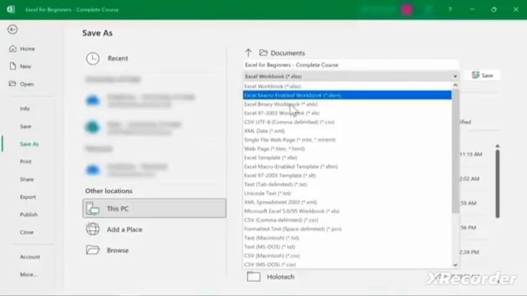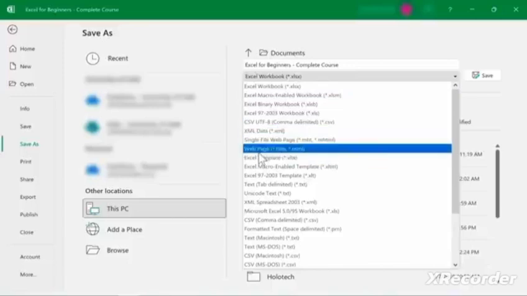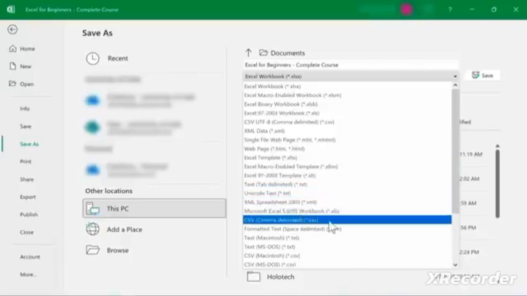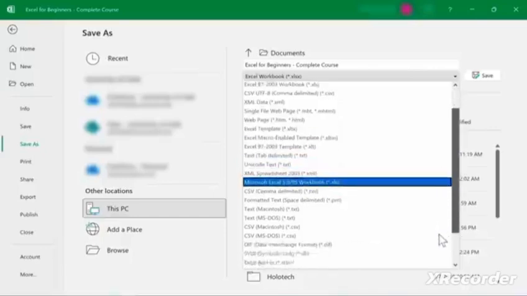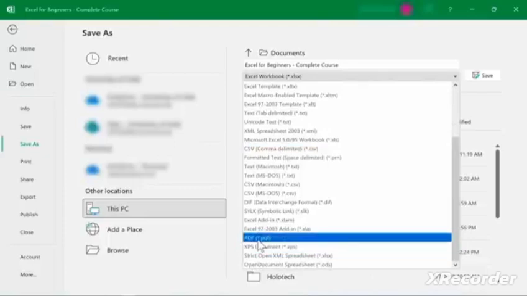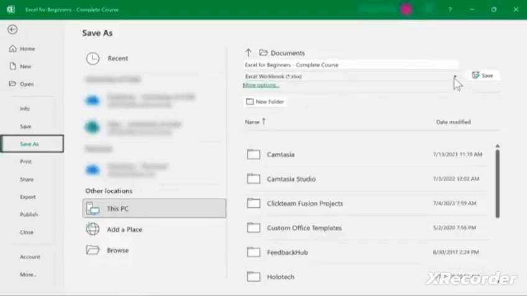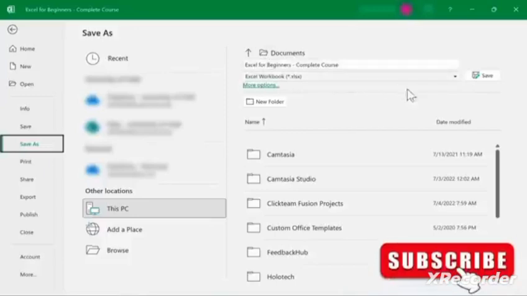You could also save your workbook as an HTML web page, which is an interesting option. You could save it as an Excel template. You could save it as a CSV file, which is a powerful option. And once again, we do have an option to save it as a PDF. So it's important to be aware of this dropdown and the ability that you have to save your finished workbook